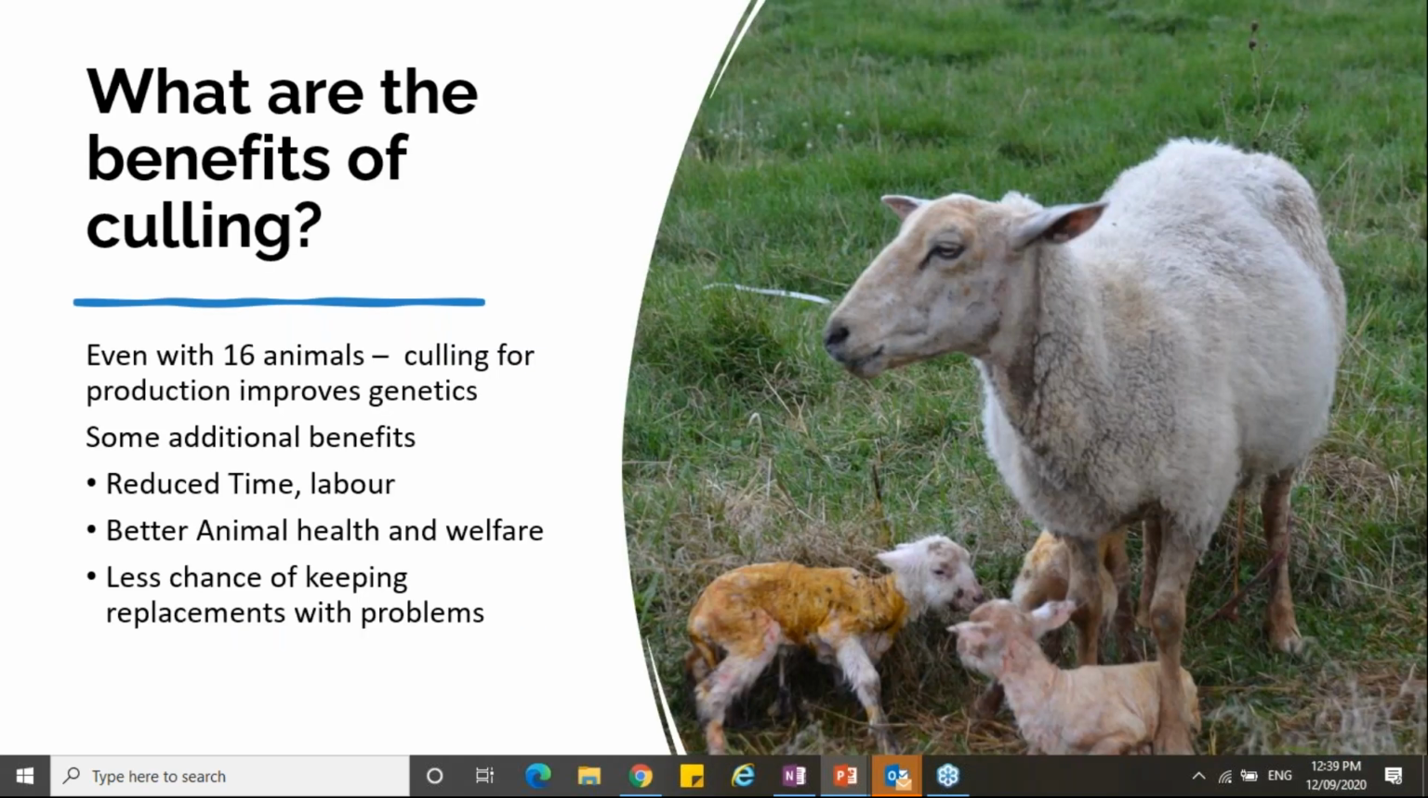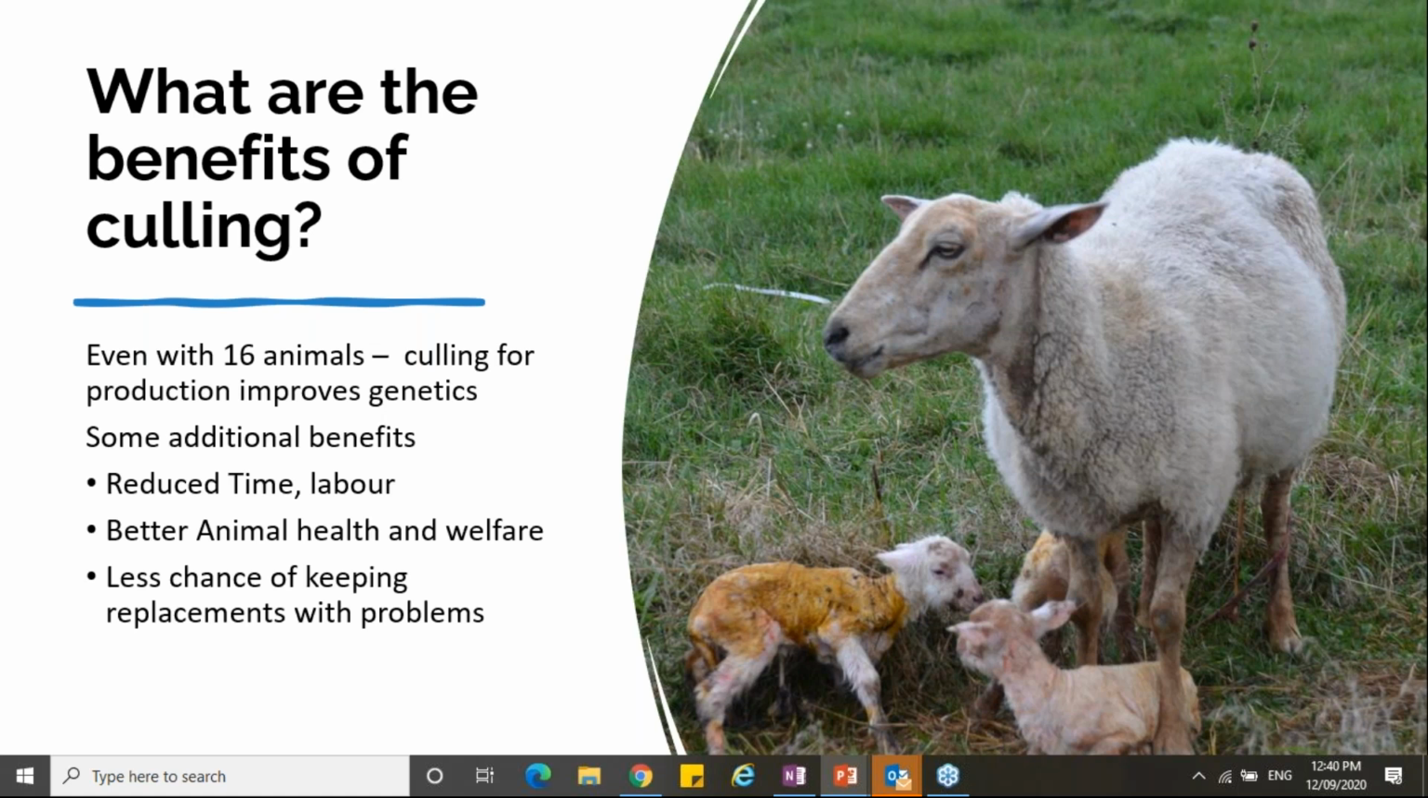And so what are the benefits of culling? So even with 16 animals, culling for production improves genetics. But culling for other reasons are also important, and they're a lot harder to quantify. So that's why I use production, because it's much easier to put some numbers on it and see the impact. But other things are going to reduce how much time it takes to do things, how much labor it takes,